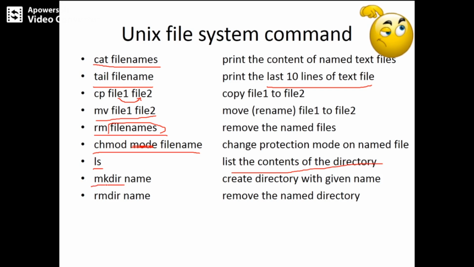Make directory with a filename creates a directory with the given name; whatever name you specify, that name will be given to your directory. Then remove directory removes the named directory; whichever directory you created and whose name you specify will be removed. So these are some of the Unix file system commands.